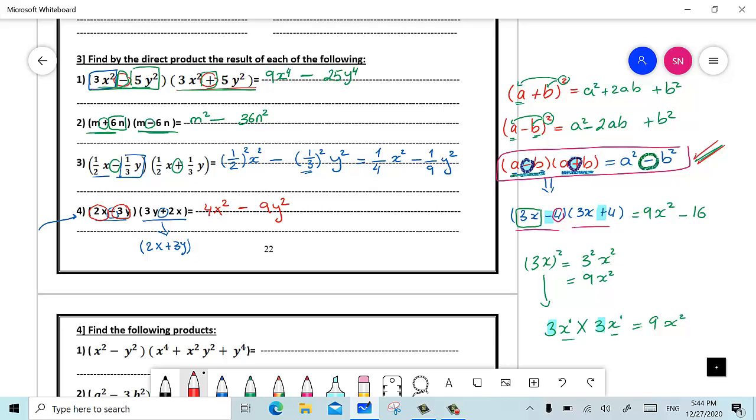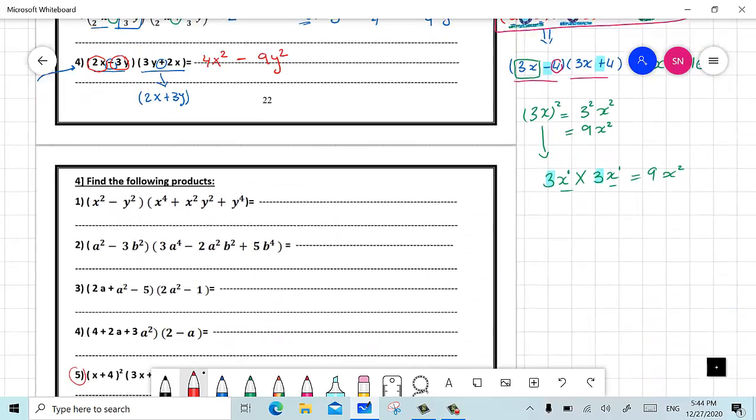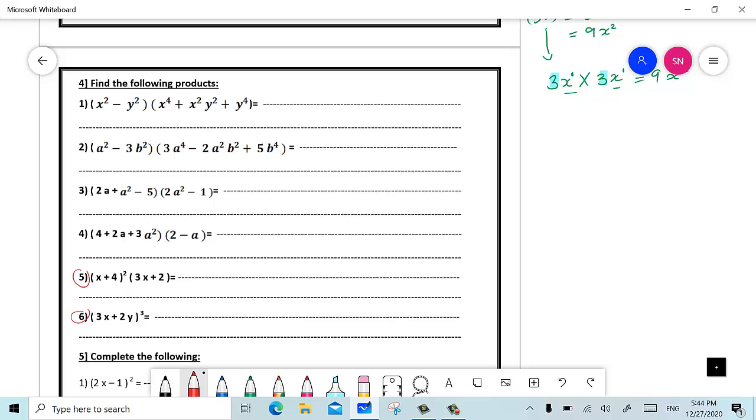And let's go now to page 23, question number 4. Find the following products. Here I have a binomial multiplied by a trinomial. Let's first remember when I have, for example, 2x plus 4 multiplied by